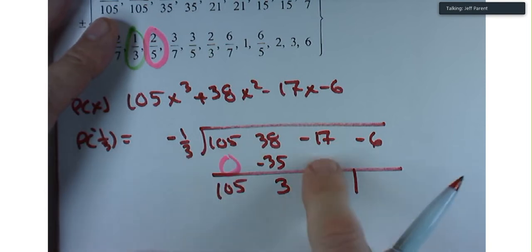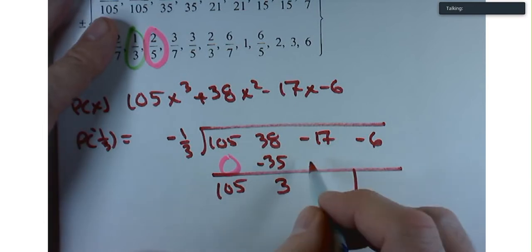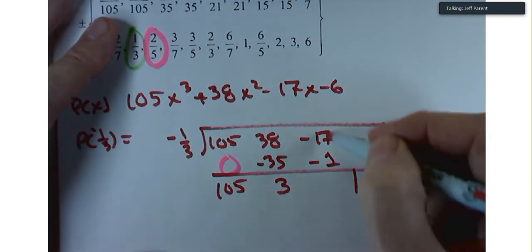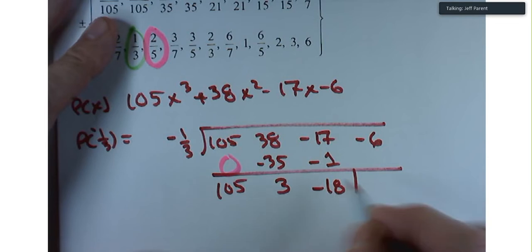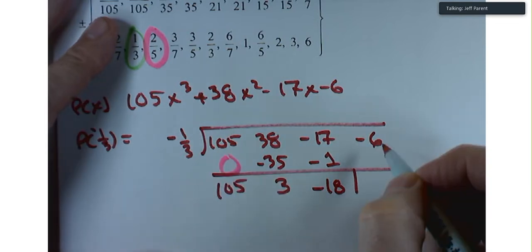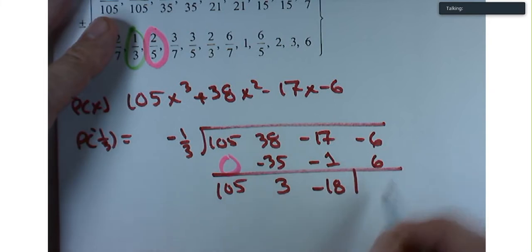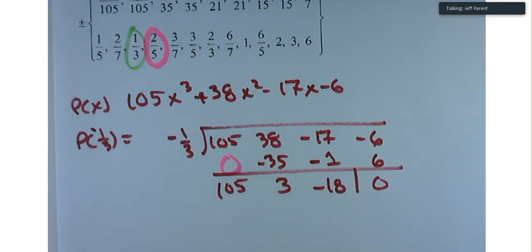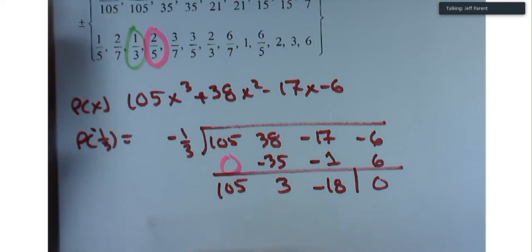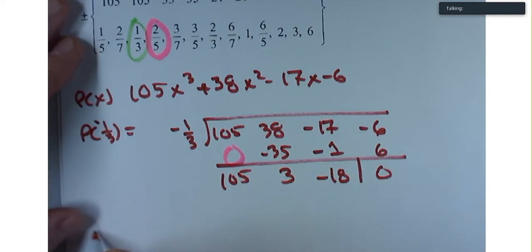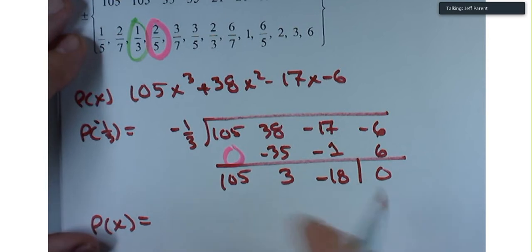What's that going to mean I'm going to put underneath the negative 17? What goes underneath there? -1. Excellent. -1. Add going down is negative 18. Multiply to go up. Well, that gives me positive 6. And bam. So nice. That means that p of x can be rewritten as